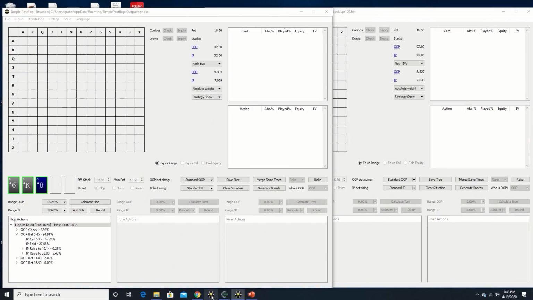Fortunately, we can use solvers to calculate precise answers to this question. When working with solvers, the relevant inputs are the pot size, the effective stack size, the board, and the player's actions. And in this video, we're going to use a suite of tools from Simple Poker to objectively examine how relatively subtle differences in two of these inputs, namely SPR and bet sizes, can dramatically change optimal strategies in a quantifiable manner.